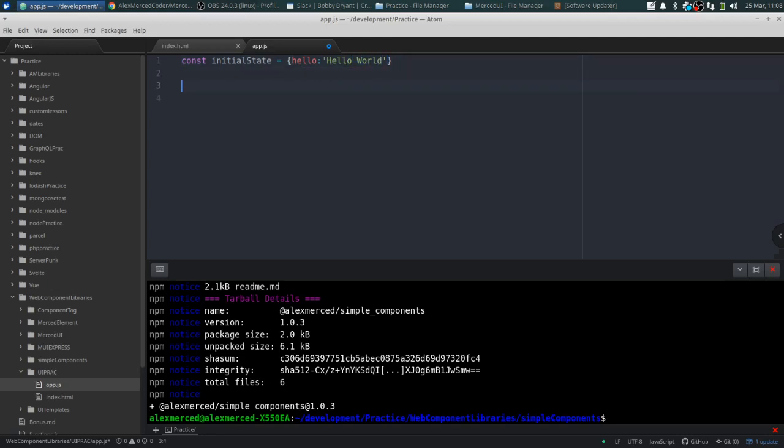Okay, and then you need your builder function. That's what builds the template. So const builder, and again you can name these whatever you want. This is a function that always takes state then props. And then basically we would just return our template, or build your template however you like, because it returns a template string. I'll just keep it real simple. So h1, we're going to interpolate that state property, state.hello,